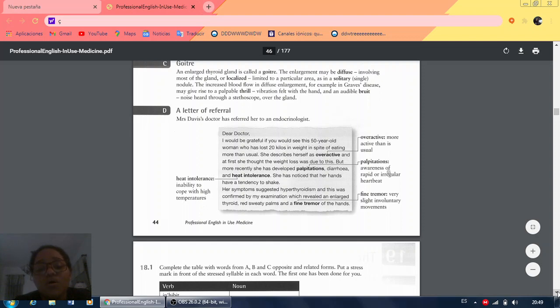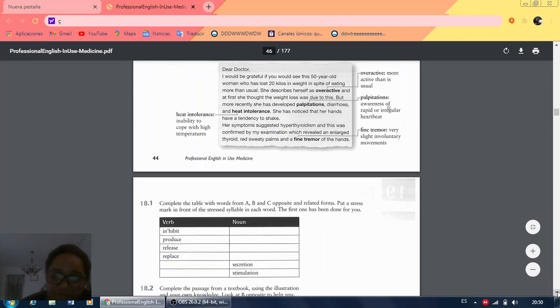15 years old woman and the 19 wheel in the speak of more usual discreet self oversee on the first stone weight loss though more clean develop papillon diarrhea and intolerance nothing since hands have tendencies to take and symptoms sugars in the need for staying learning the safe 5 point.